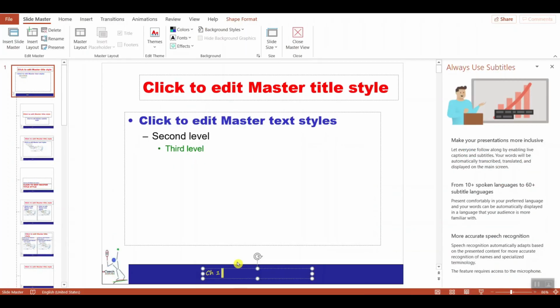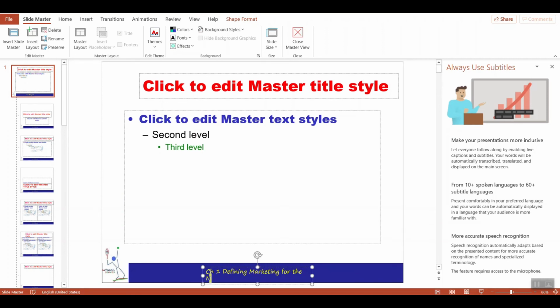So trying to memorize that, Defining Marketing for the New Reality. Summarize, and then put your